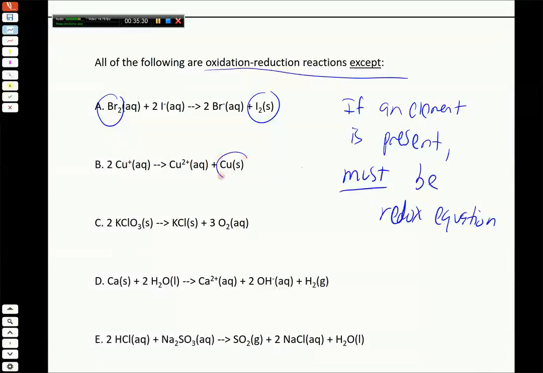Reaction B has an element involved in it, copper, by itself, so that must be a redox equation. Reaction C has neutral O2, so it must be a redox equation. Reaction D has calcium and H2, two elements involved, so this must be a redox equation. So these first four must all be redox equations